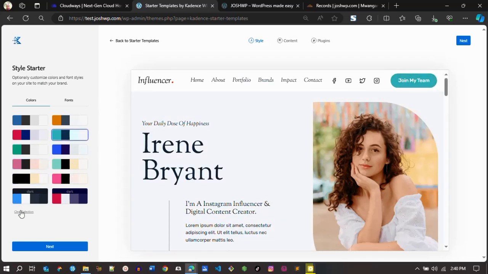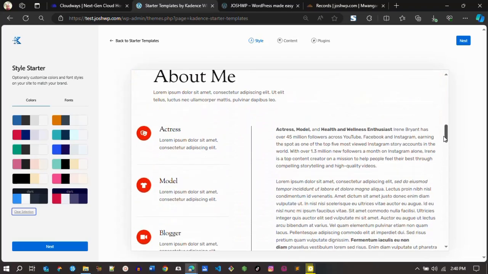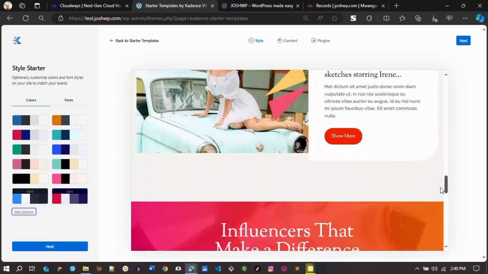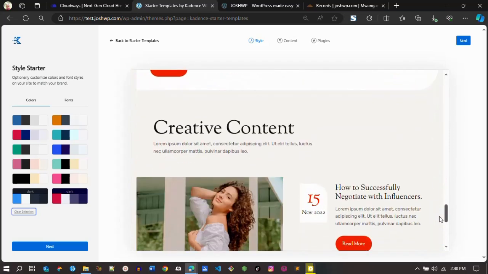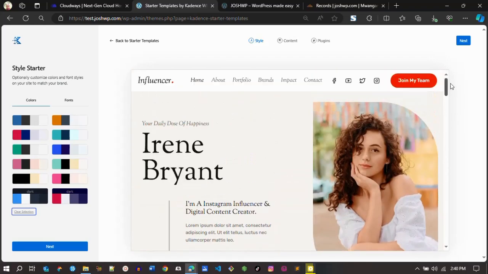I'll just reset and use the default colors. If you scroll down, you have the default colors, which are good. The colors that were on the template when I enabled it. It's a good website. It's really nice. Because I like it,